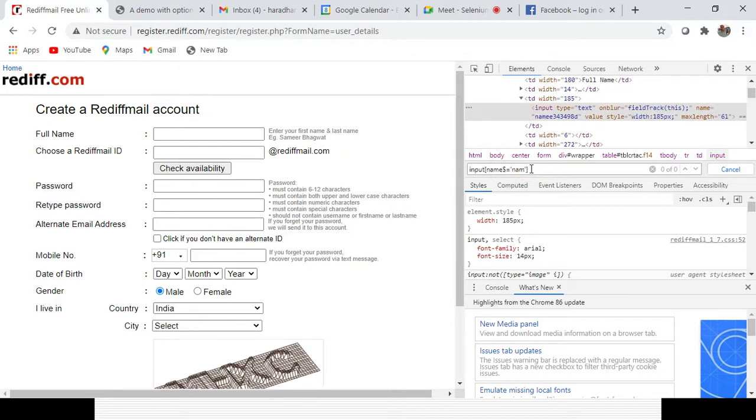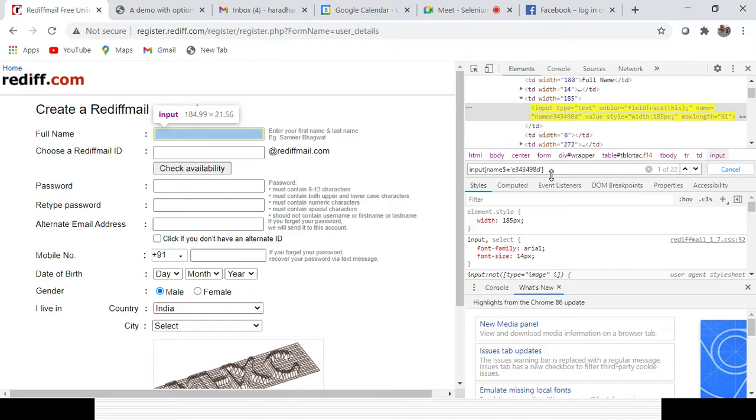I will use the suffix 3498D. Okay, you can see a lot of things are available.